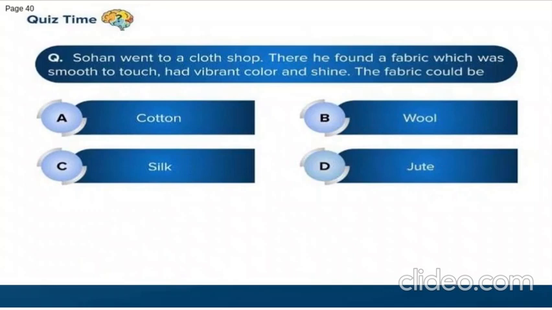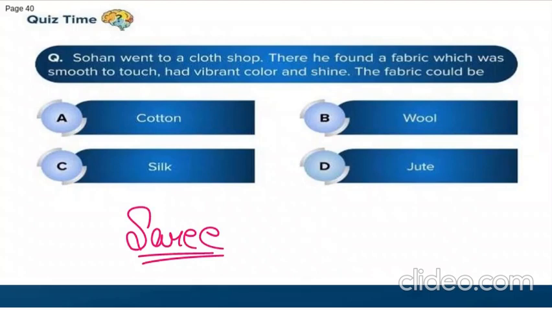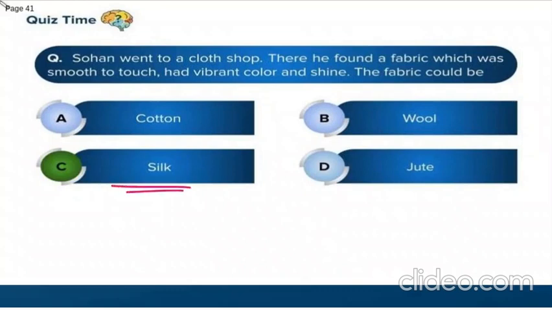Next one is Sohan went to a cloth shop. There he found a fabric which was smooth to touch, had vibrant color and shine. The fabric could be what? It is even used in your saris. You can now get the easy answer, right? 5 seconds I'll give. One, two, three, four, five. So obviously the answer is silk. Silk is the only such natural fabric which is very, very smooth. It has amazing color and shine also. That is why it is so rich